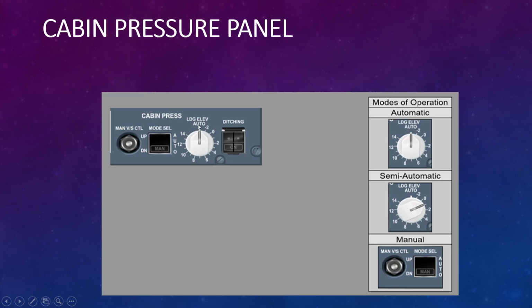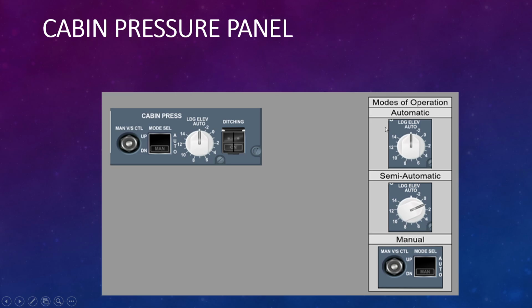Then landing elevation: you could set your pre-selected landing elevation in cases where there is no published landing elevation at your destination airport. And if you press the guarded push button, which is the ditching, it will close all the valves below the flotation line.